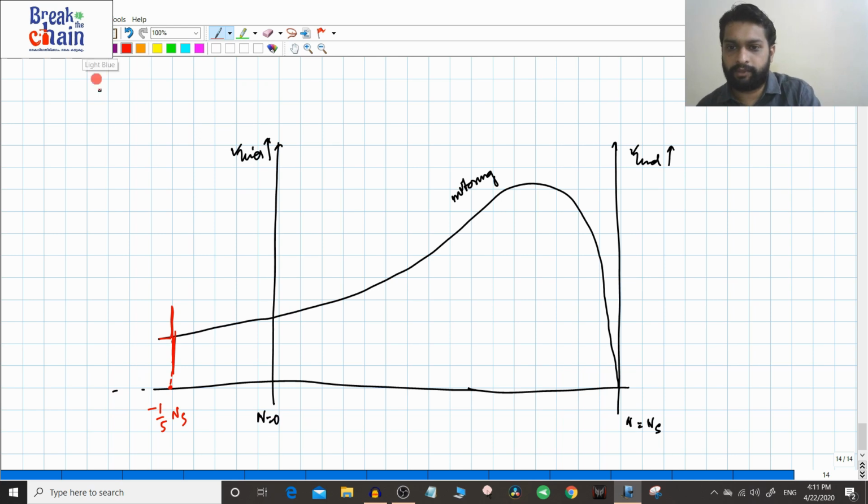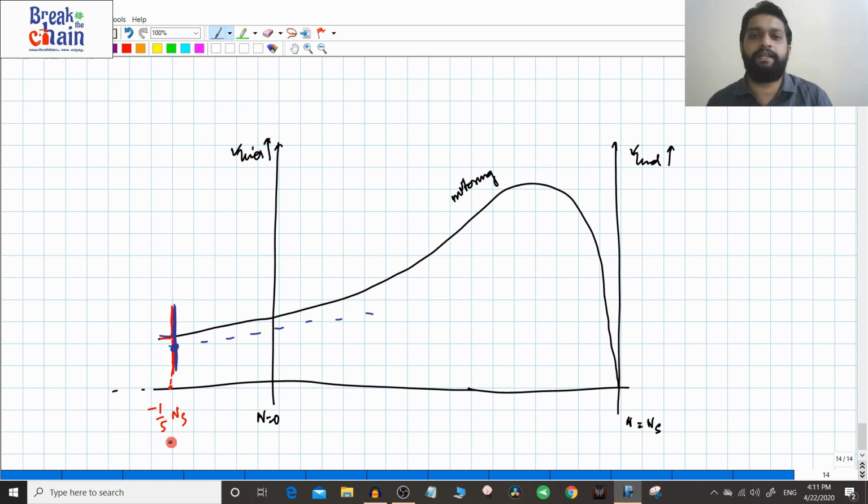Okay, so I'll just put that torque in a different color. So you are having a finite torque here, and if the load is connected, what happens? For example, the load is connected, you are having a stable point of operation. Okay, you are definitely having a stable point of operation here.